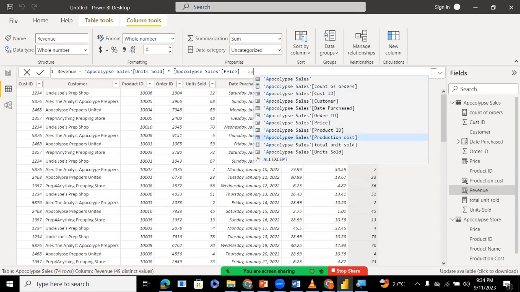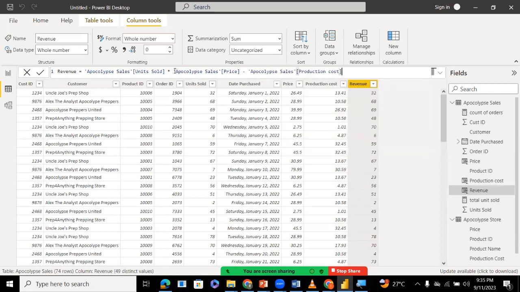So units sold times Apocalypse sales price minus production cost. With that, I can get my revenue. It's loading. So for these 32 units sold, I get my revenue, which is